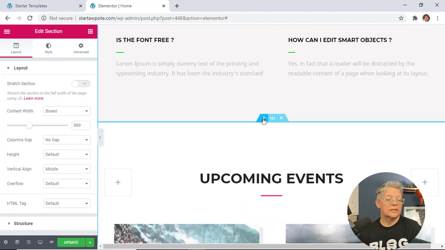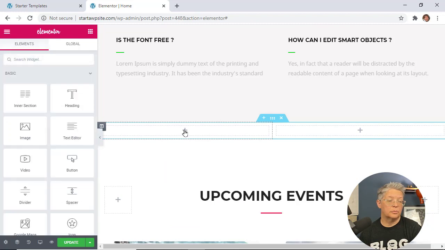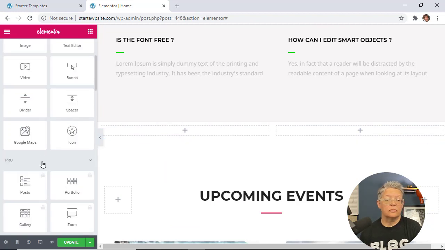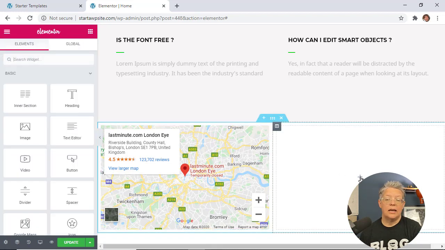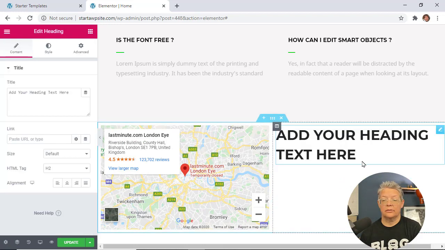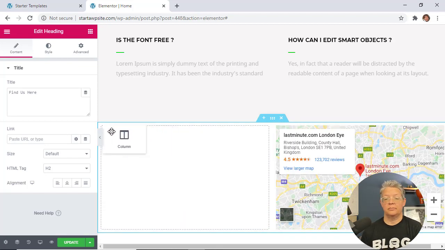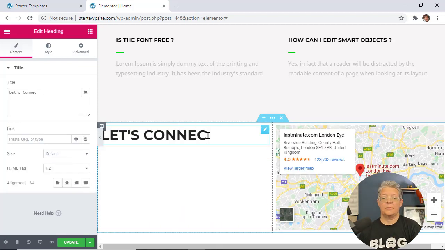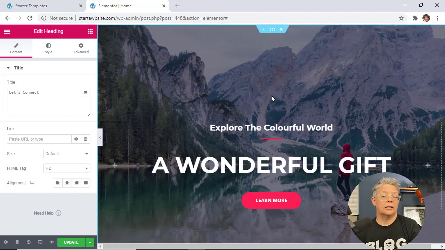When we click on here, over on the left, we have the basic items that are super simple to bring in. If we're wanting somebody to find us on Google Maps, we can do that here. And say over here, we want to bring in a heading, and we can drag that over here as well. And then I want to move that over here. So let's change that up. Something like that. So you can just go through and make all the changes that you need to using Elementor